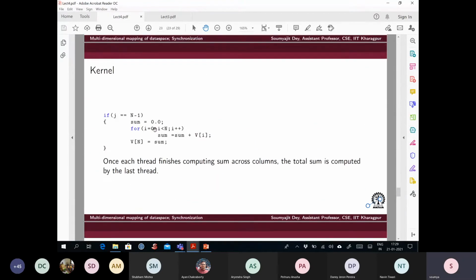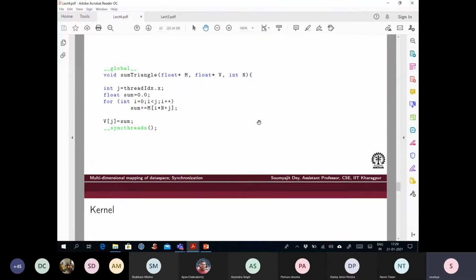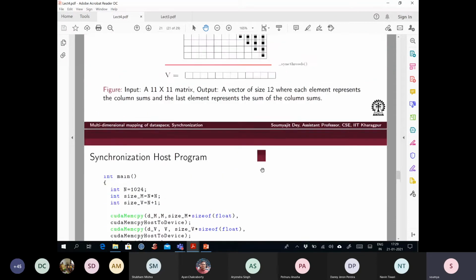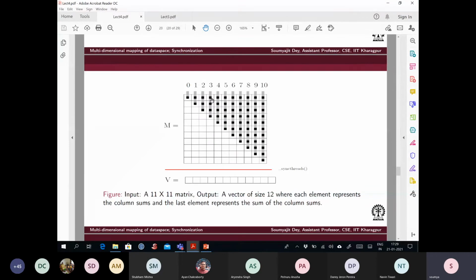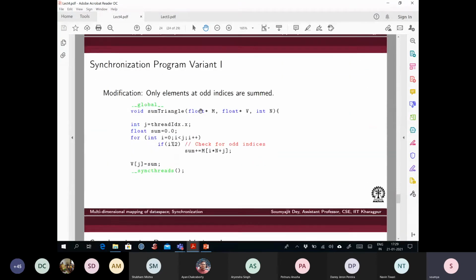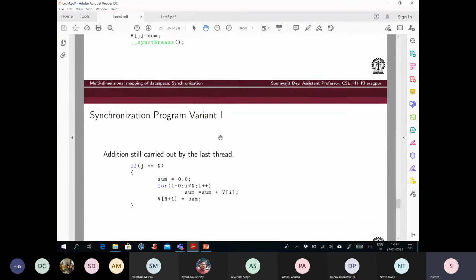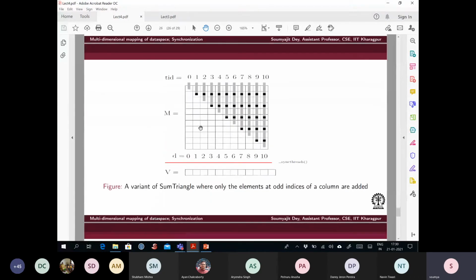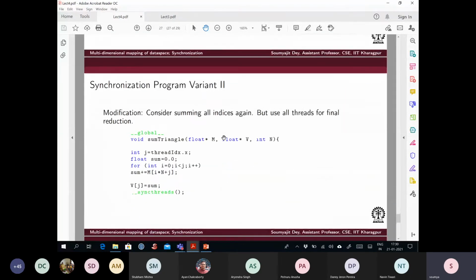Why should I allocate only one thread the job of calculating the sum? Because anyway, I have got so many blocks, and so many threads inside the block. So I can calculate intermediate sums and get the overall sum by joint work among all the threads, and that's what is happening in this standard reduction here. This is a very standard parallel reduction program.